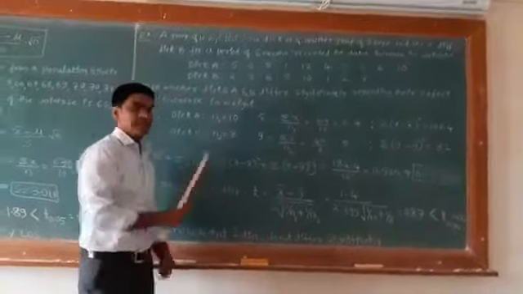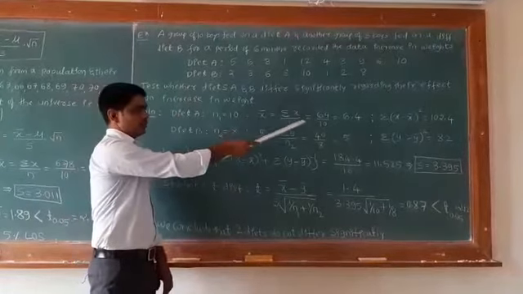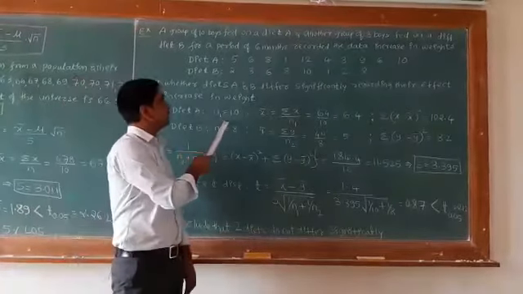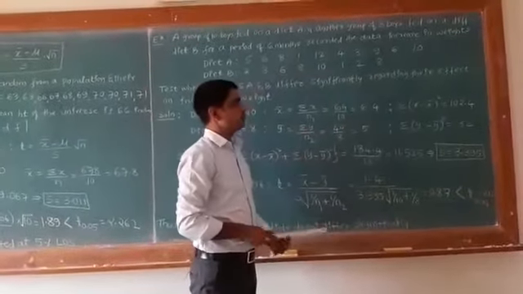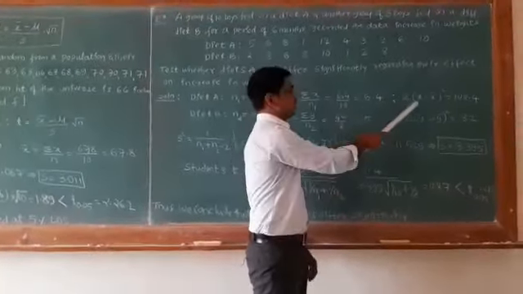So solution: for diet A we find n1, x bar and sum of x minus x bar whole square. n1 is the number of samples in diet A, that is 10. We calculate the mean x bar, that is sum of x divided by n1. So 5 plus 6 plus 8 and so on, adding all this, 64 divided by 10, it is 6.4. Then for diet A we find the sum of x minus x bar whole square, where x are the data and x bar is the mean of diet A. We get